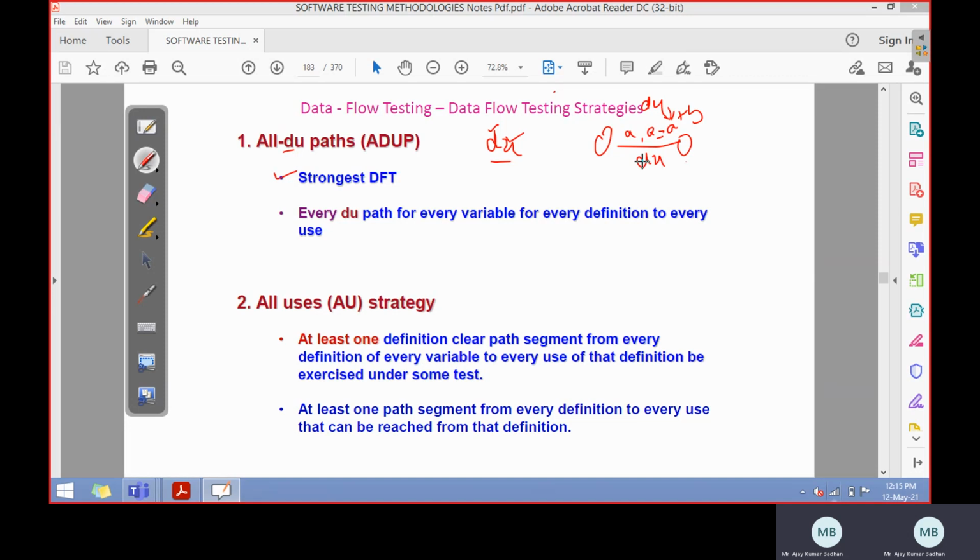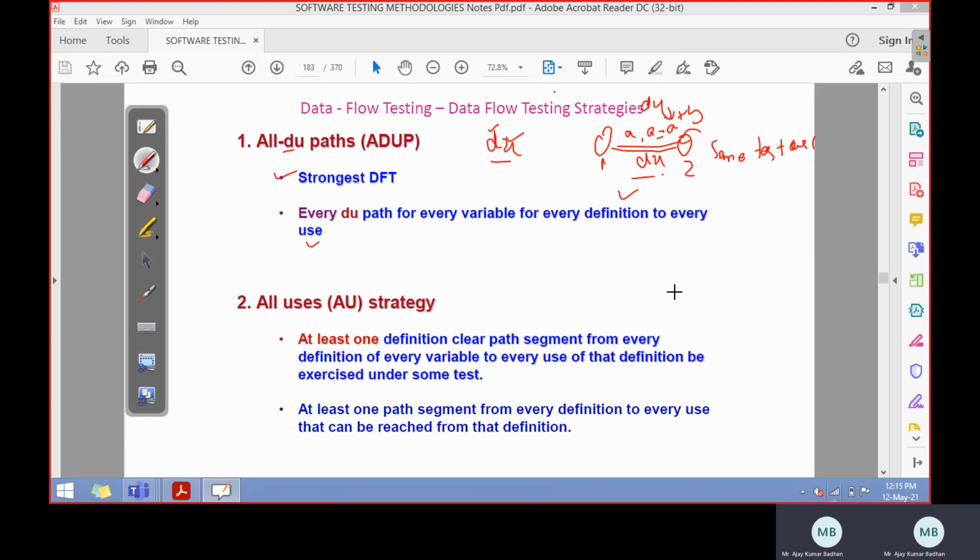Now in this link, for every variable, every variable will have its own definition. We are defining it, so definitely that is a definition here. And we also define the usage, how we are going to use it. For that, there should be some test case present. So indirectly, between these two nodes, there exists a DU link. You have defined a variable and are using it through a link, and for that link you need to generate some test cases for sure. That is what he means in this particular scenario.